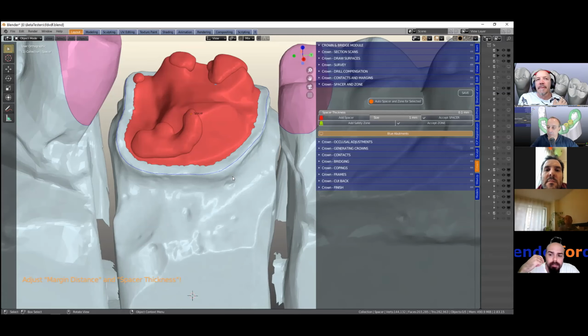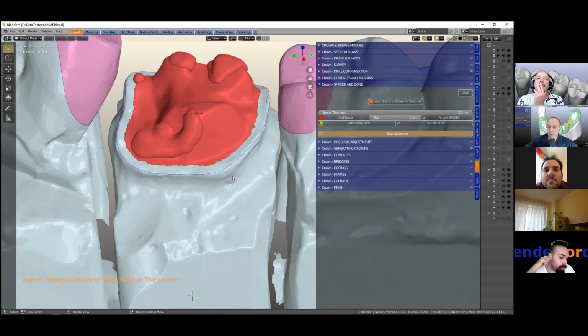You will probably have more problems getting a nice grip of the milled restoration on the die. By having a scaling factor, you will be more accurate on this, because you will have a gap which is 50 microns, and then you will have another gap on the X and Y face,